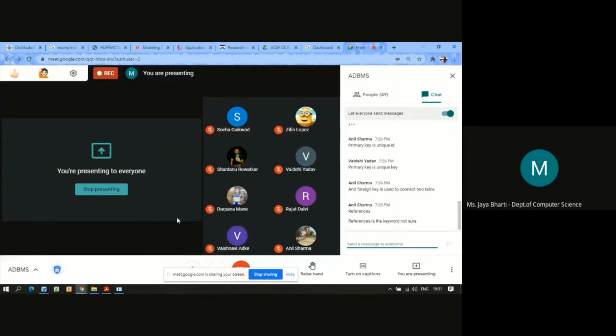And in the department table, you will have department ID as a primary key, and employee ID as a foreign key. Means what? In the employee table, you can duplicate department ID, but you cannot duplicate employee ID. Understood? Because it is declared as a primary key in the employee table.